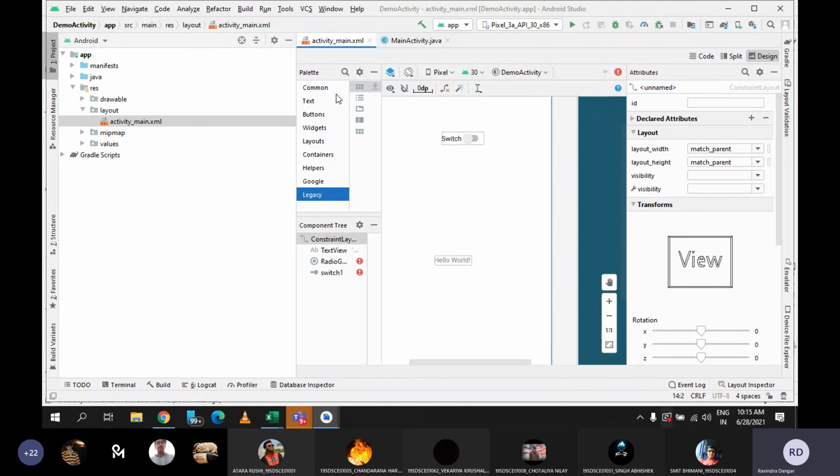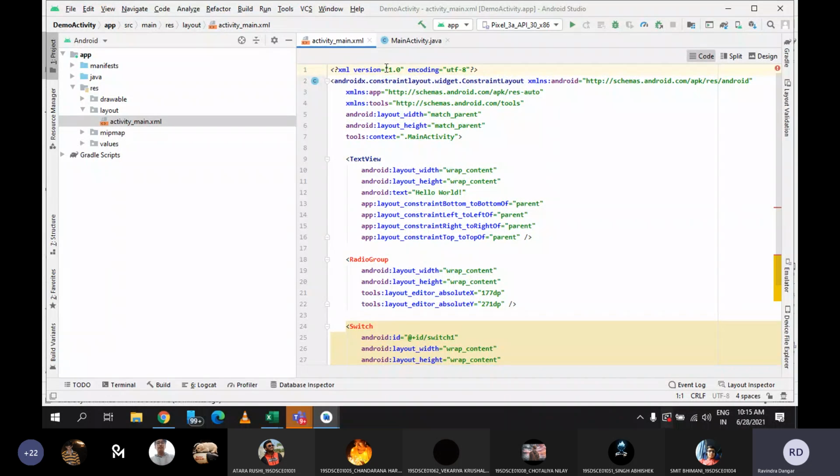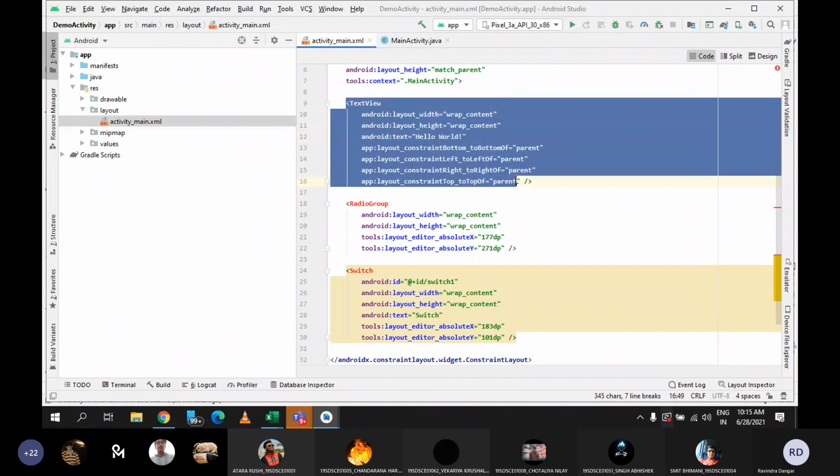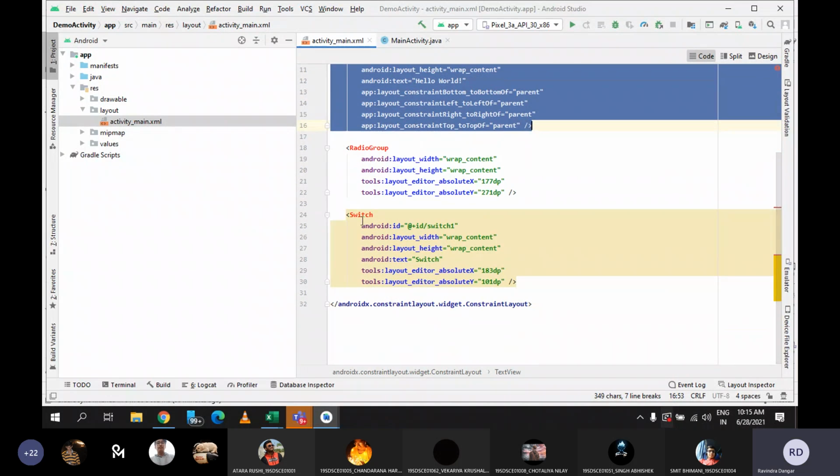Yes. Now one more thing, for this window you have two options. If you want to go for the design view only, you can see here there is the design view. If you want to go for the code view, then this is the code for that XML file. You can see here there is one text view, there is one switch.